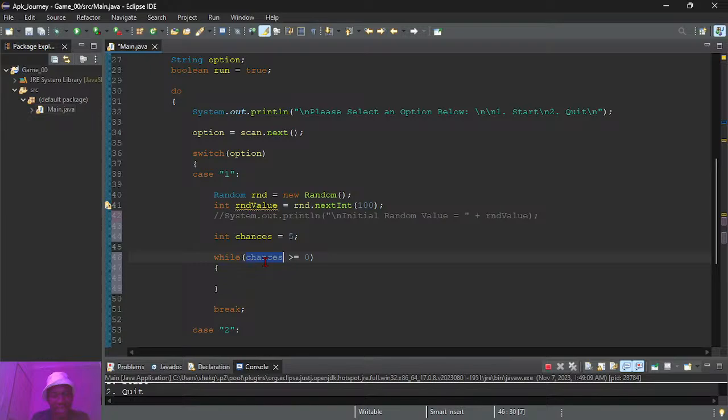While chances is greater than or equal to 0, we'll do whatever, and then